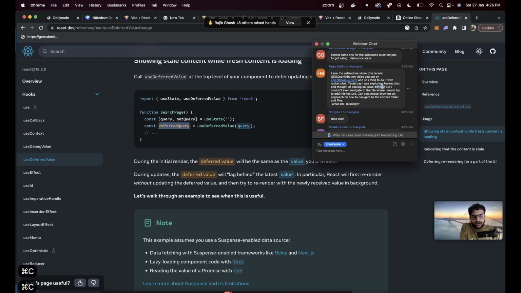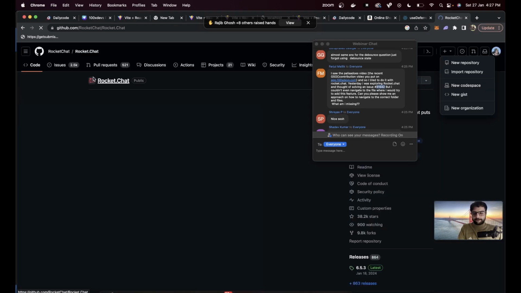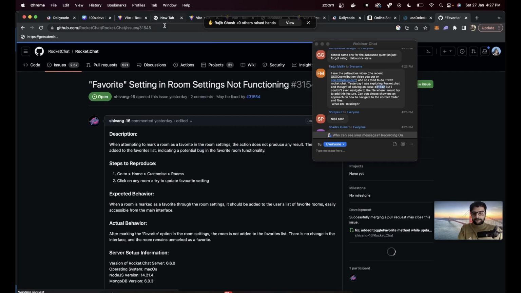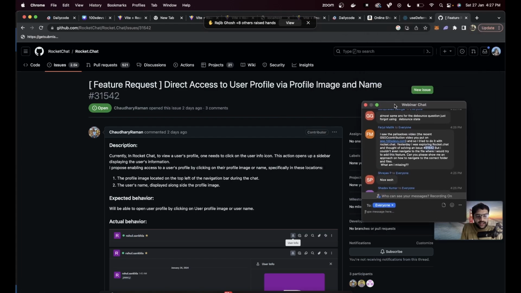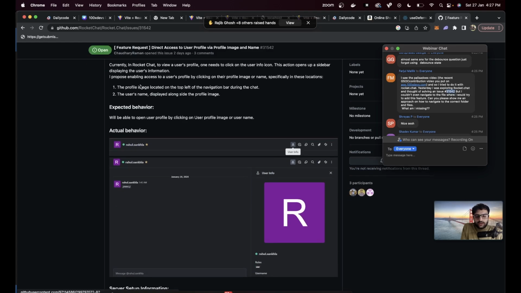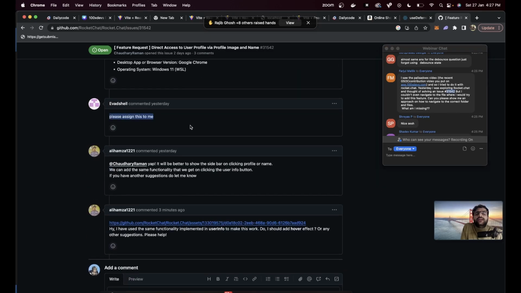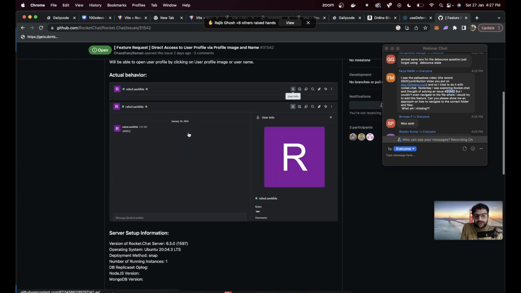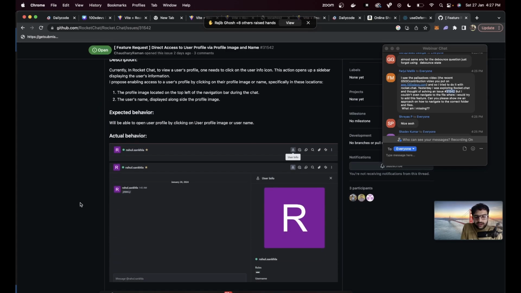Okay, let's look at your issue. Rocket Chat. This is your issue: direct access to user's profile via image and name. Currently in Rocket Chat, the user needs to click on the user. Oh my god, please assign this to me. It could be more, I will have to look at the project completely to do it. But if I were to